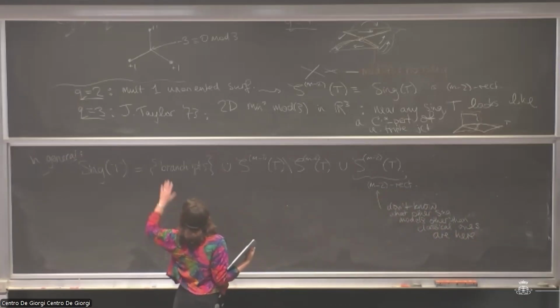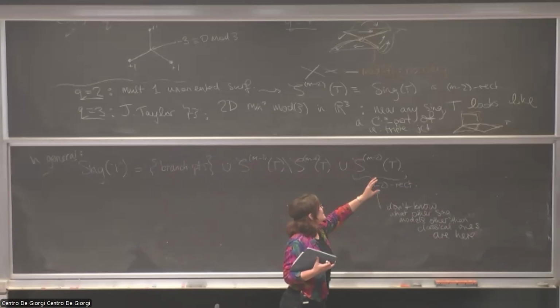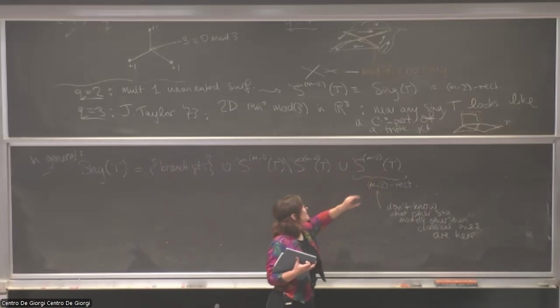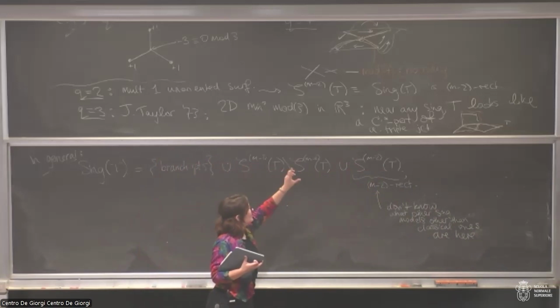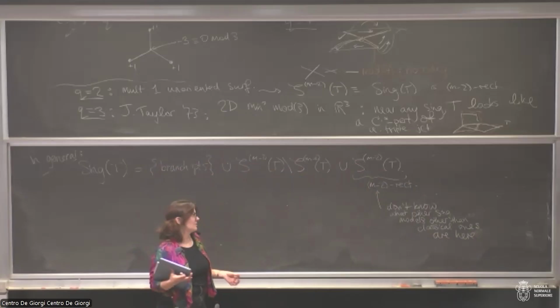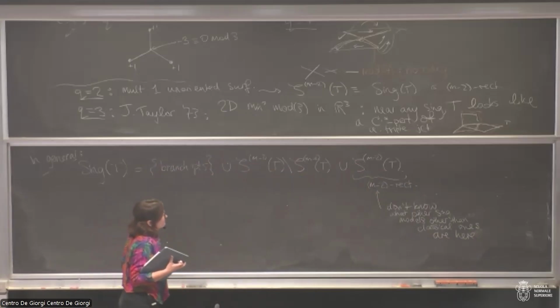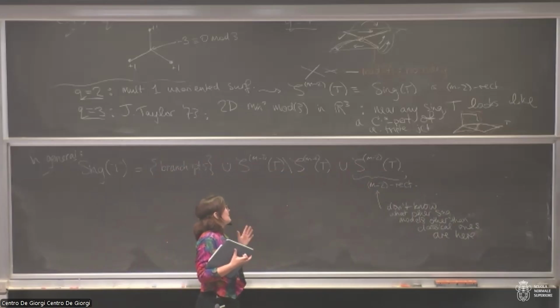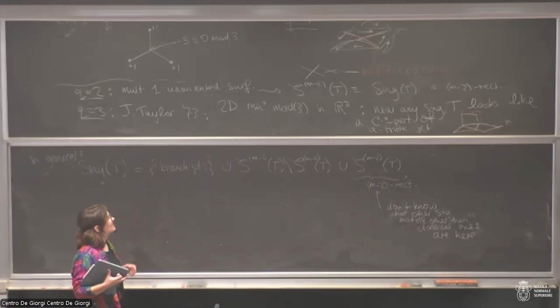Another thing I should mention for this result of Jean Taylor is that, since the only singularity models for 2D minimizers mod 3 are just the triple junctions, she rules out these tetrahedral singularities that one can have at the level of soap films. And that's maybe the one flaw of this mod Q setting, that unfortunately there are